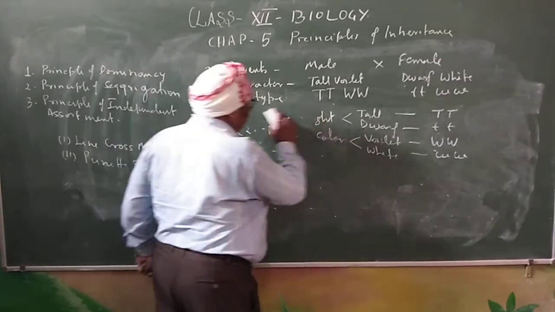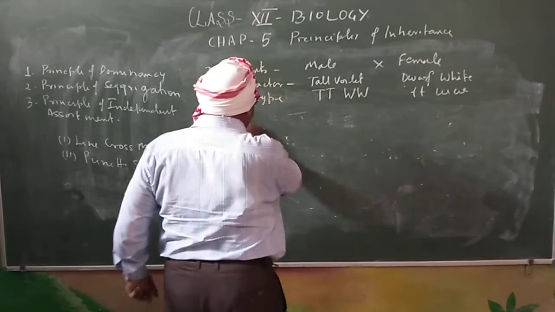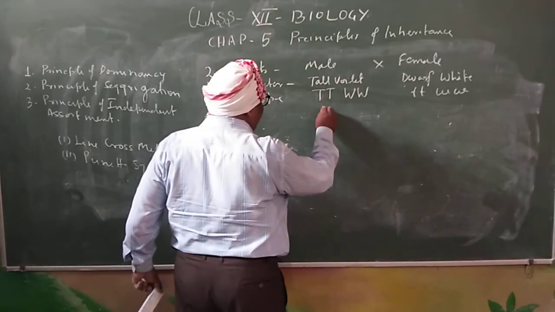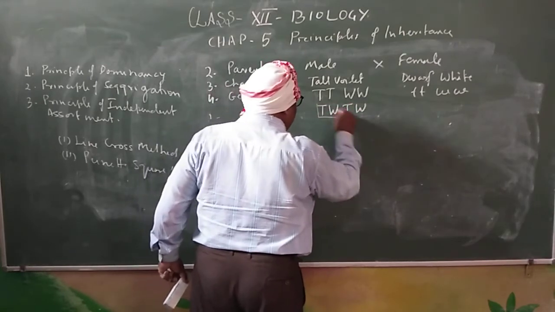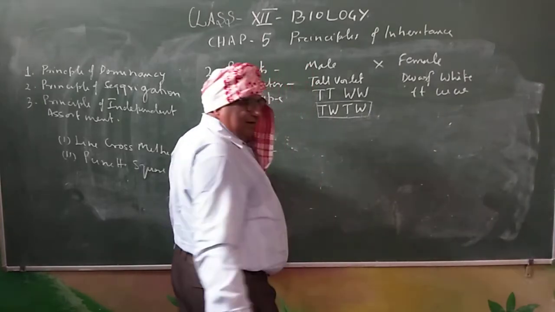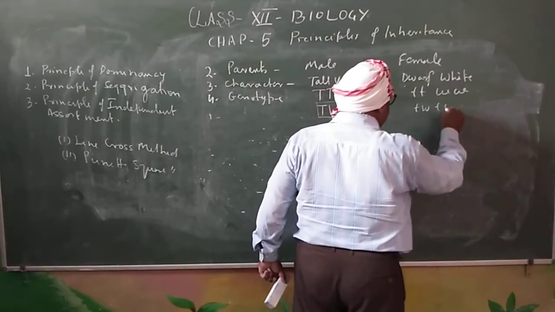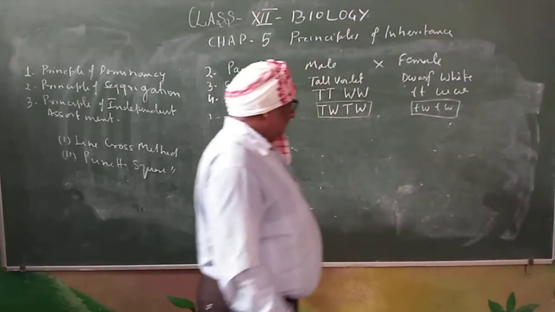If you are going to write these symbolic and contrasting forms of a character, it can be also written in reversible form, capital T, capital W, capital T, capital W. It is also correct. We cannot contradict one another. And similarly here, small t, small w, small t, small w. That is also correct form of the writing.